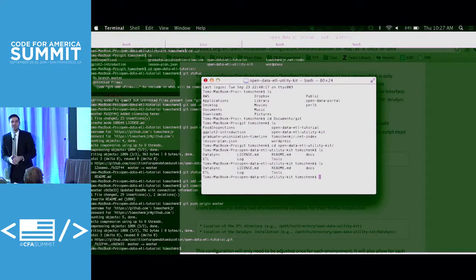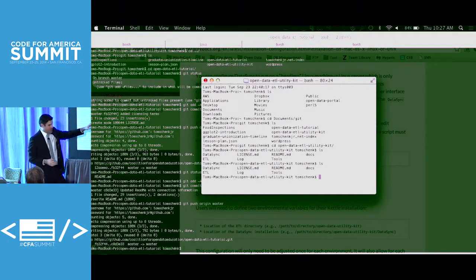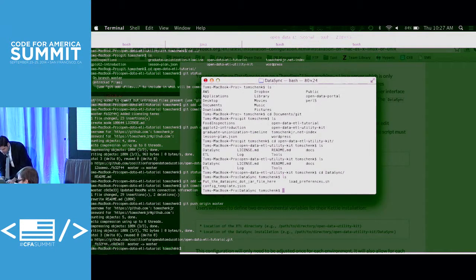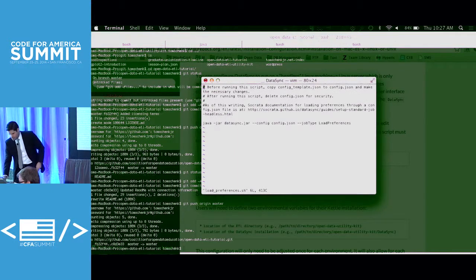So as soon as you download DataSync, and there is a folder here you do see that's called DataSync, you can put DataSync in there. That's completely legitimate. Or again, you can put it anywhere else. But no matter where you put it, you need to check on this file within the DataSync directory called Load Preferences. You see this command here,